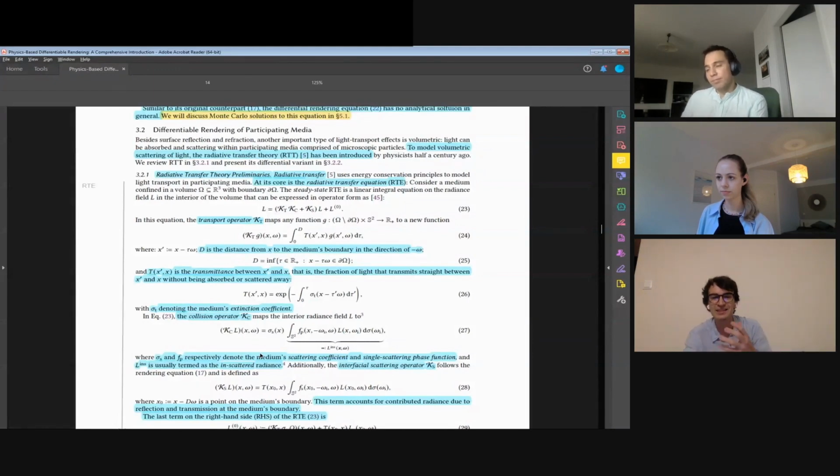It's like mathematical storytelling. For example, for equation 23, you see that L is a function. So these are like functionals that act on functions. Right. And I think it's so nice that they write then the transport operator K_T, and I think it's written out so